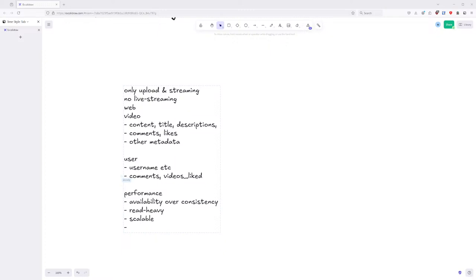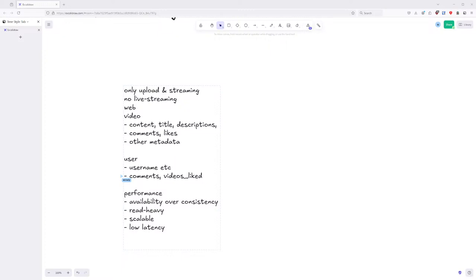And then I'm assuming we want low latency, because as a user, if I watch a video and it takes a long time to load, then that's not a good experience for me. Unless we don't want to focus on this. I mean, that'd be good to have, but in terms of priority, I would say availability is most important over everything else. Okay, availability. Sounds good. So with those, let's do some calculations.